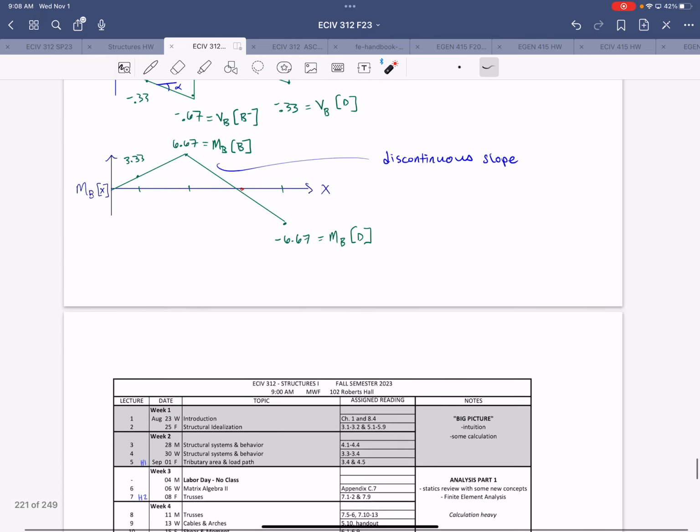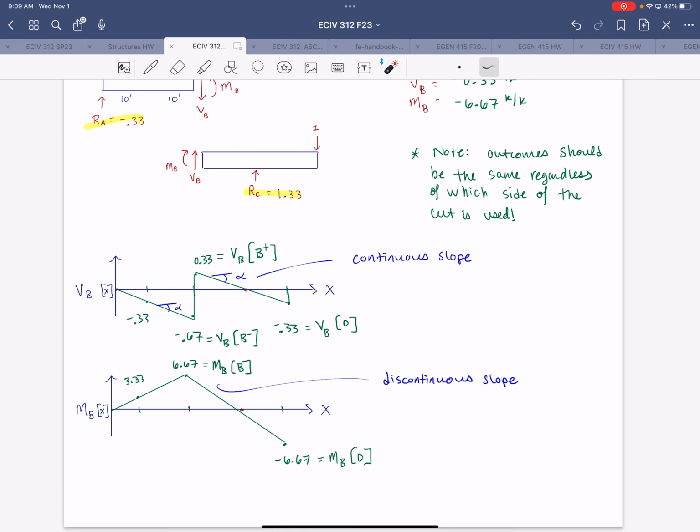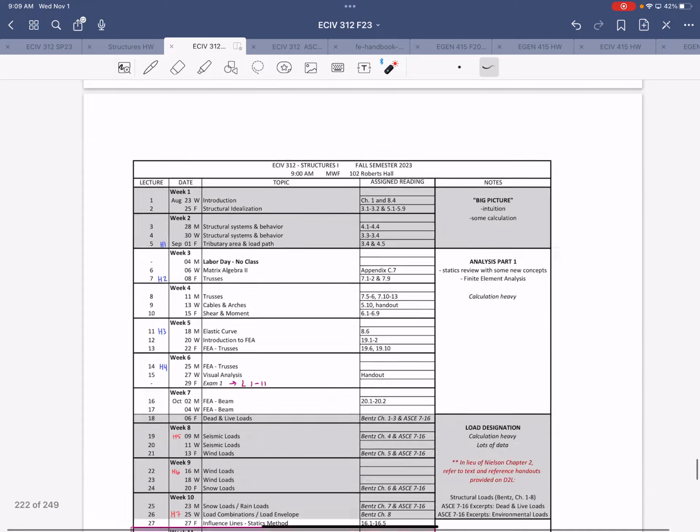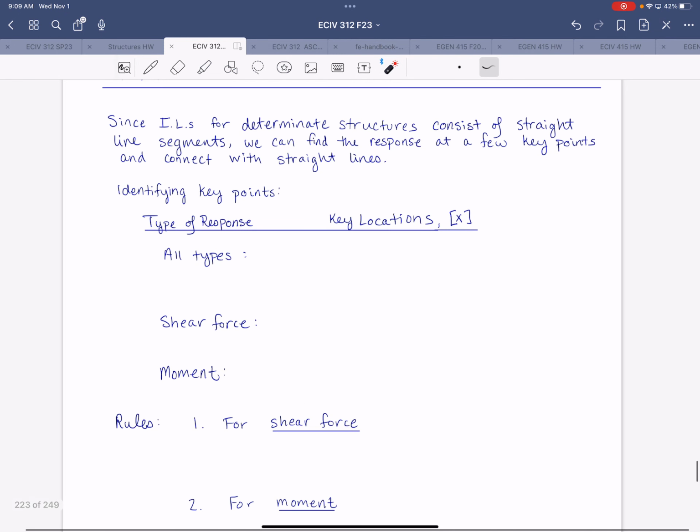So really, we could have drawn these influence lines without knowing this point, right? Because all we need are these 2 points to get this straight line, and all we need to get this straight line are these 2 points, right? But we also need the location of the supports. That's always going to be important because we need to know where that value is going to be 0. And then similar over here. So with that information, all right,